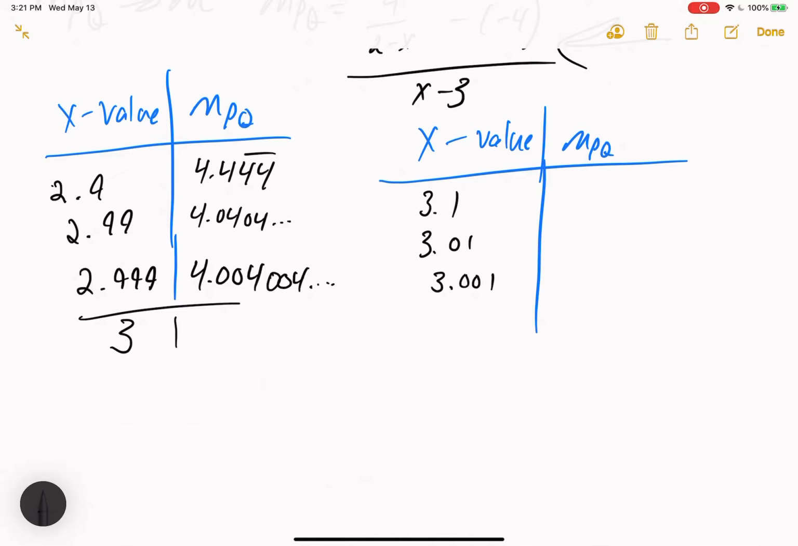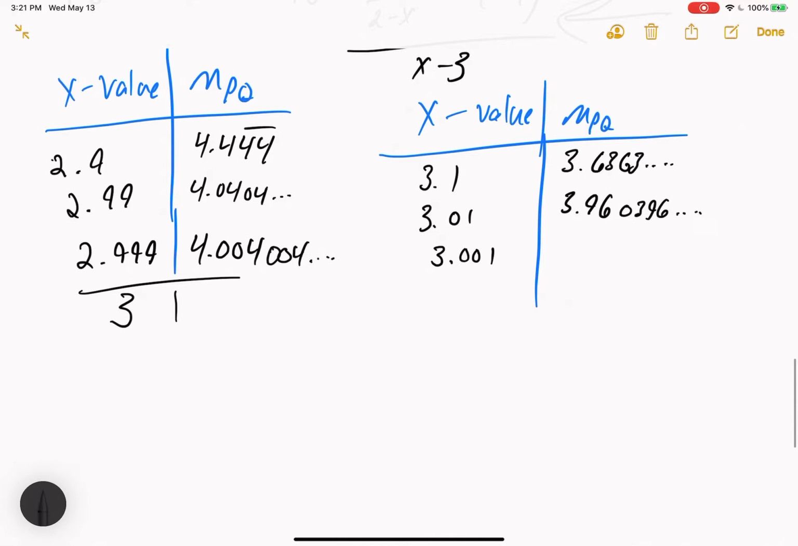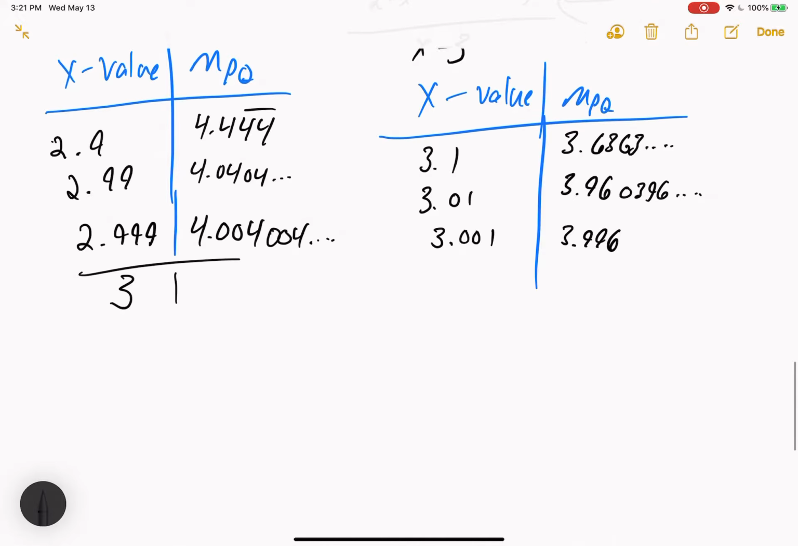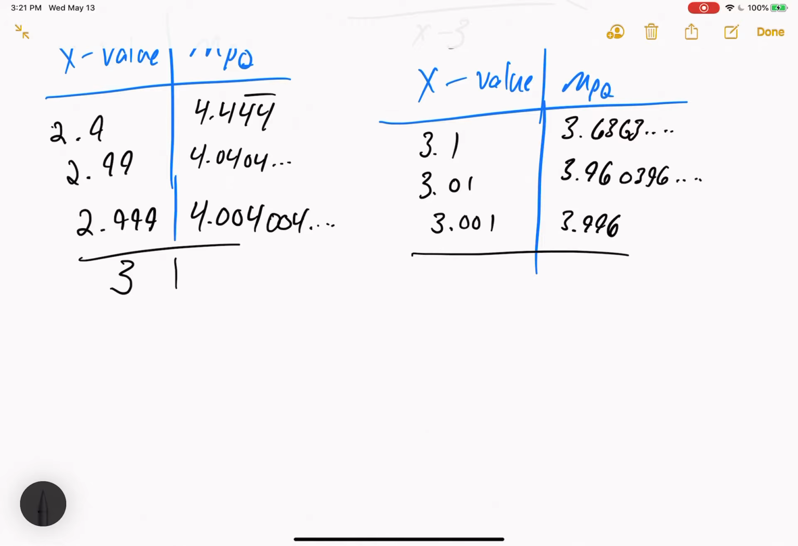So let's do 3.1. So 3.1 would be like 3.6363, kind of repeating like that. 3.01, that would be like 3.96. 0396, probably some pattern there. I didn't write down all the numbers. 3.001, that'd be like 3.996. And now the thing is that all these values are close to 3, but what are these values close